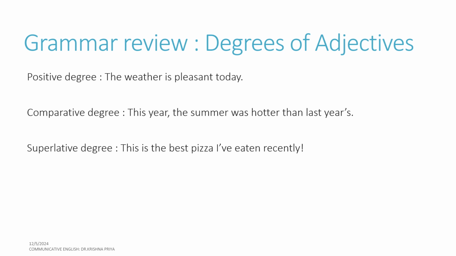Then you have superlative degrees which show that something is of the best in its category. So if I were to say this is the best pizza I've eaten recently, then it is better than anything that you have had. So this is the best place to enjoy a picnic or have a holiday, or